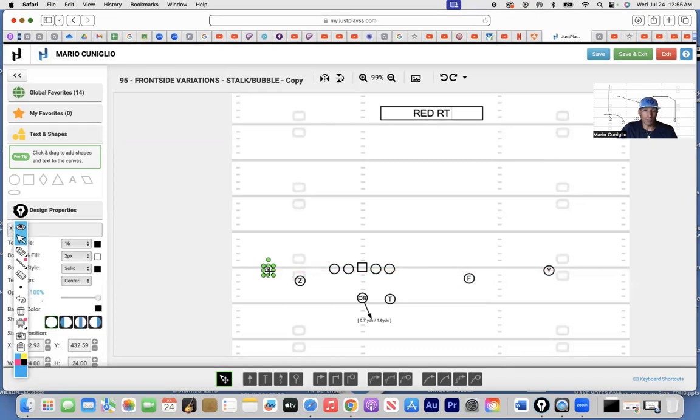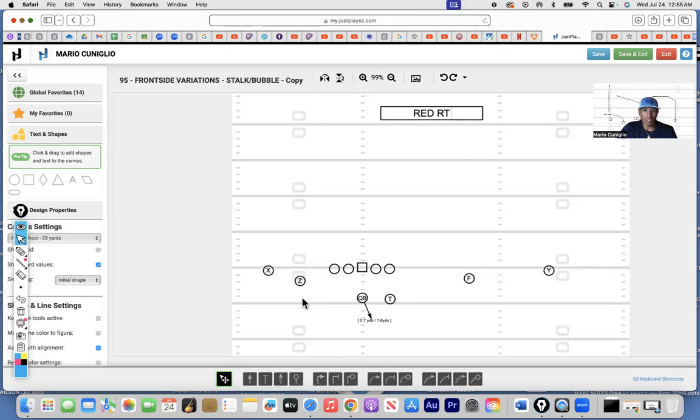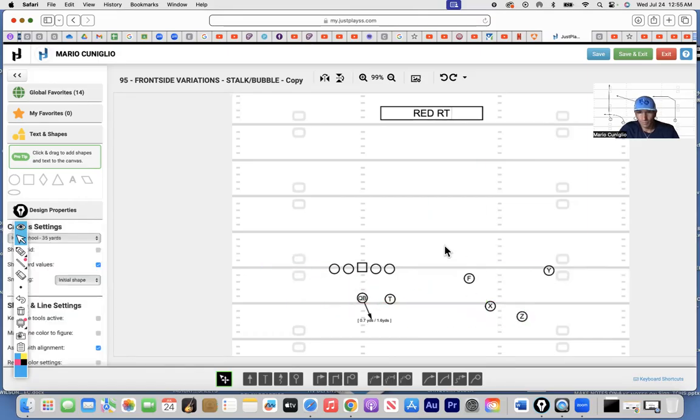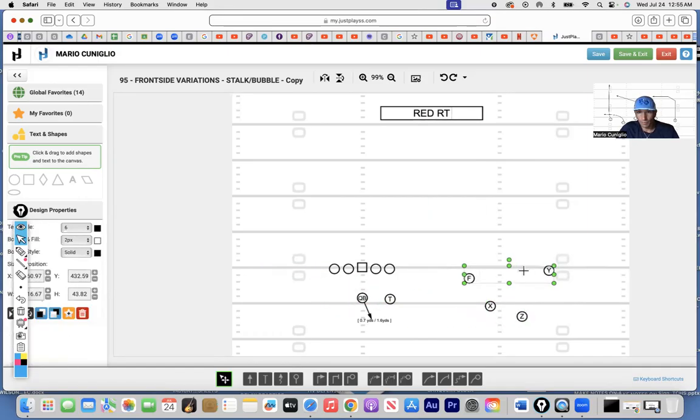Same thing goes for him as well. These guys, you have the ability to adjust based on your job. All right, so that's red right. If it was red left,